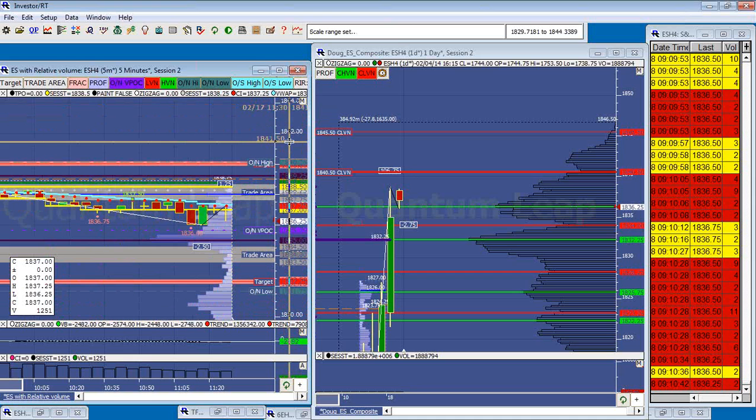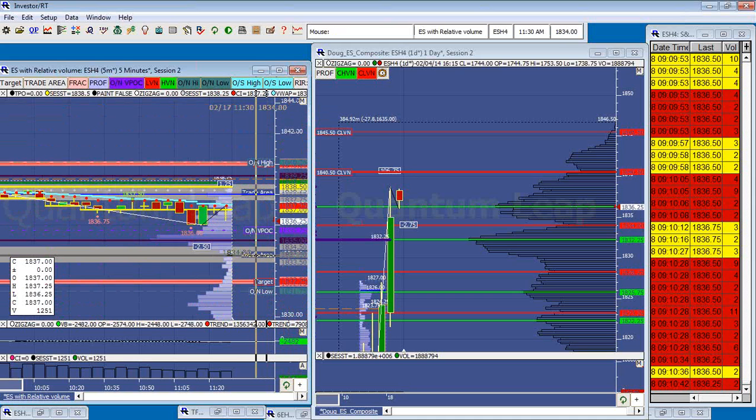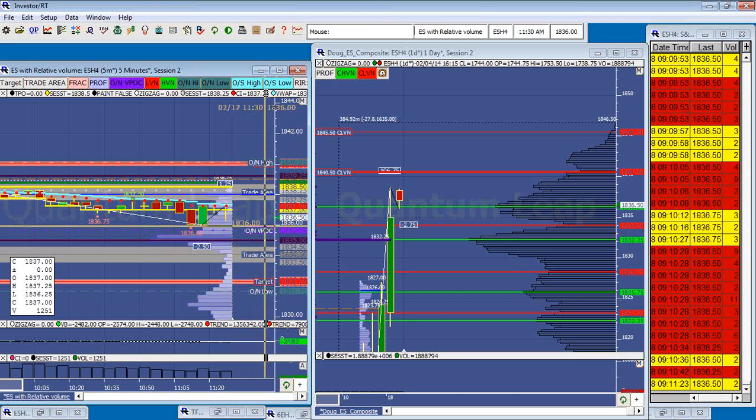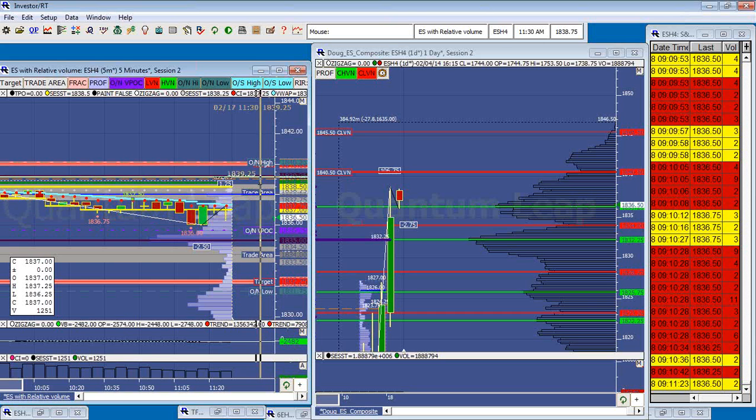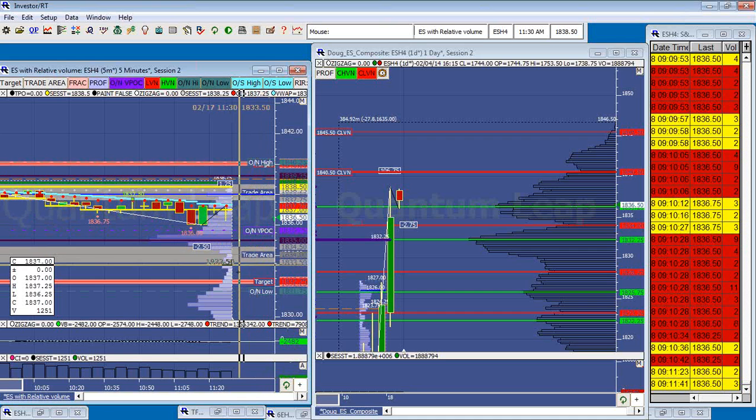So again, main hypothesis is to open up and chop, come down and test this 34, hold 34, and rotate back up and take out the targets to the top side. Secondary hypothesis is to open up and chop, probably test the value area high, maybe even come up and test and take out this 39.25 and the overnight high, then have responsive sellers step in and take us down back